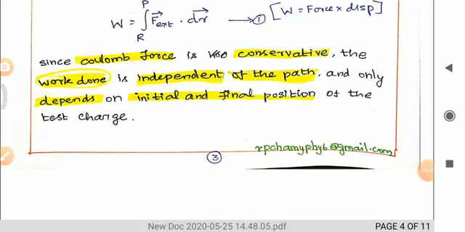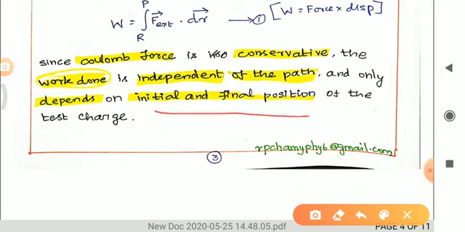Distance traveled is nothing but the total length of the path covered by the particle. What is meant by distance? Distance is nothing but total length of the path covered by the particle or the object. What is meant by displacement? Displacement is nothing but the shortest distance between the initial and the final position. It only depends on the initial and final position. What is meant by initial and final position? That is displacement. Okay, right.